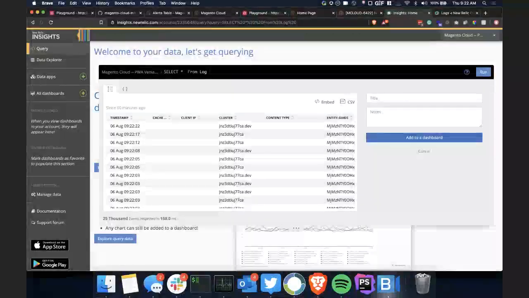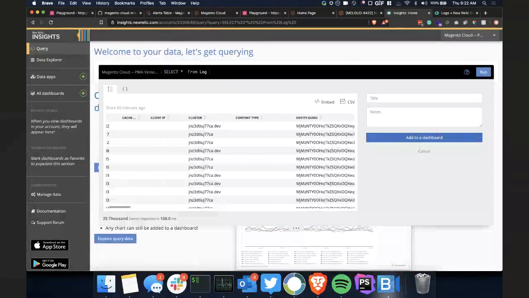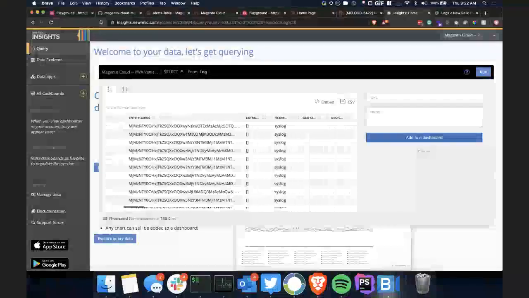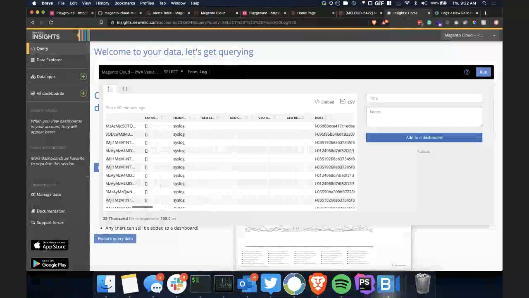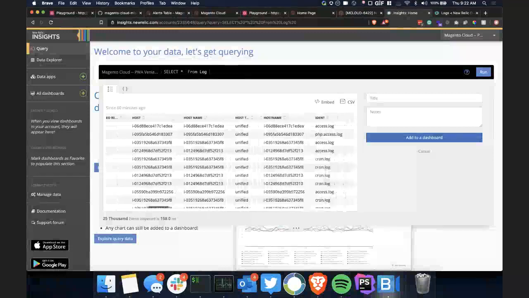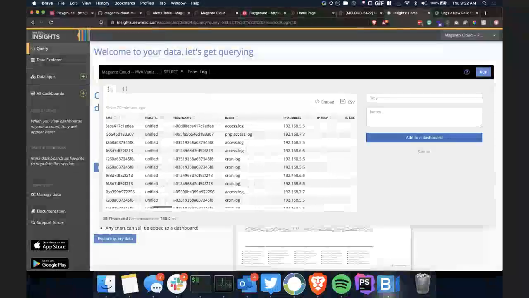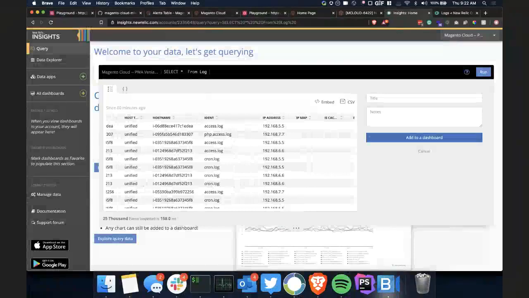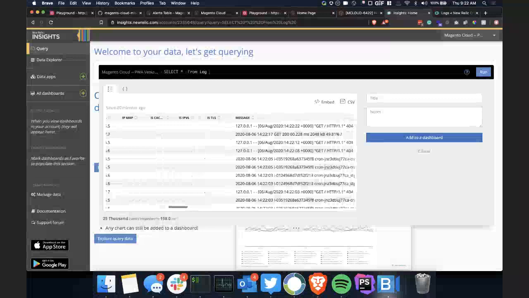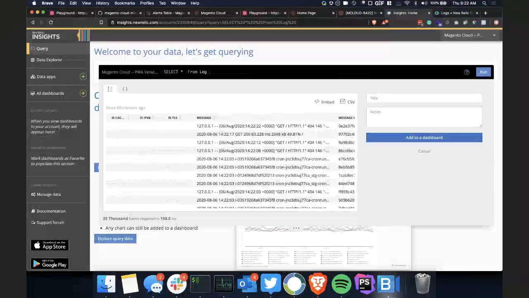So in this case, we're getting some basic information. We're seeing which project it came from, or which cluster rather, the source of it. And then eventually over here, we're going to see the actual message. We also have this ident field tracking where it came from. And then, of course, the message. So it looks like here we're getting a mix of access, PHP access logs, and it looks like a support